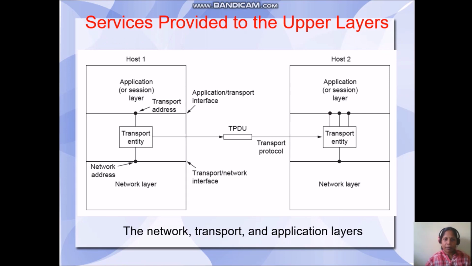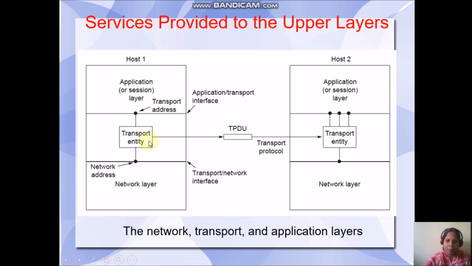Now, services provided to the upper layers. Every layer provides a set of services to the upper layers. Above the transport layer is the application layer, and below it is the network layer. When the network layer communicates with the transport layer, we have a network address here. And when the transport entity communicates with the application layer, we have a transport address. We are familiar with the network address, that is the IP address, but this transport address we are learning in this module only.